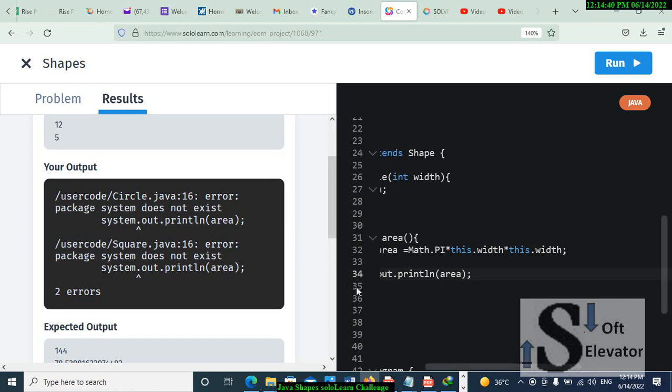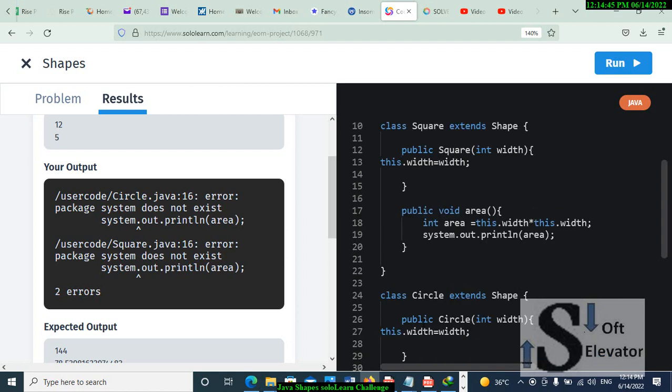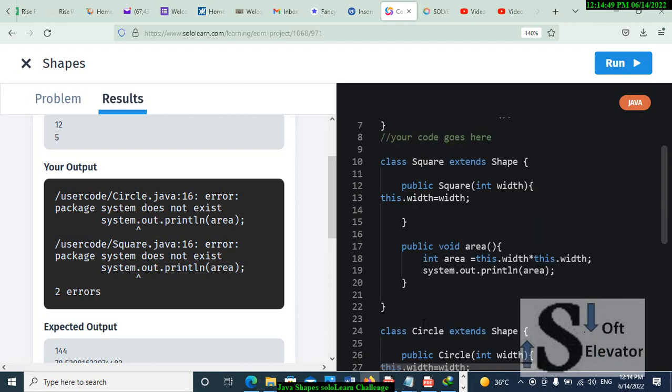Java 16, does not exist. I will solve it and tell